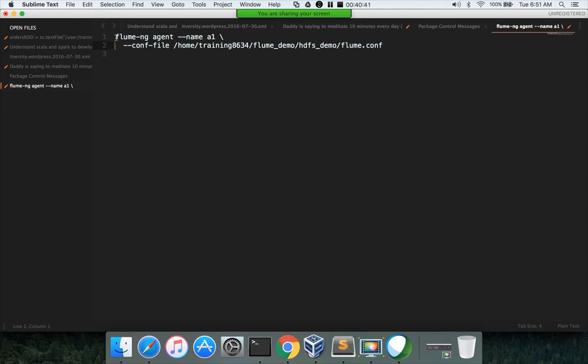Okay, if there is any question around this, let me know. I will try to clarify. So conf and conf file are mutually exclusive. When you have your configuration file in a directory, you can just say conf and it will use the configuration file which is there in that directory. But if you have multiple configuration files in the same directory for different agents, then you have to use conf file and give the actual file location. And if you have both the parameters conf and conf file, then conf file will take the precedence.